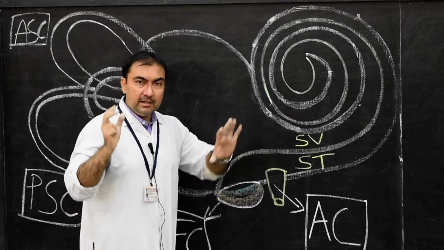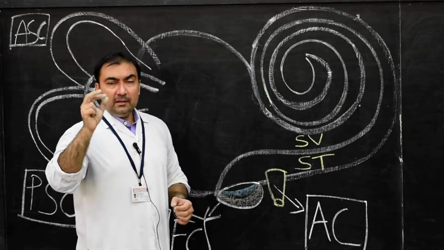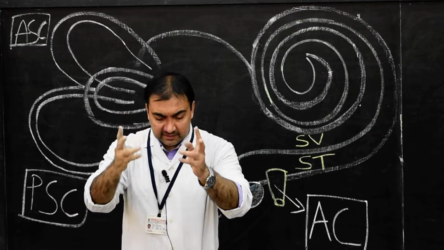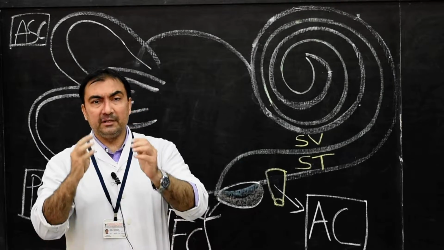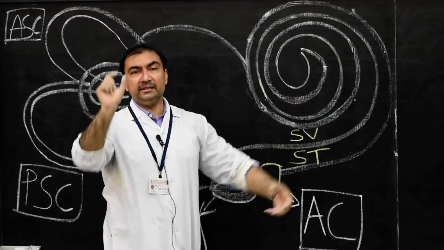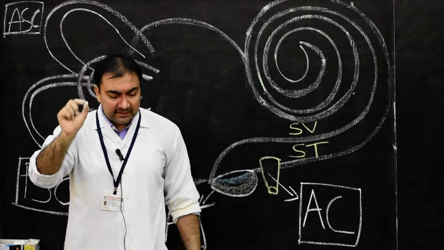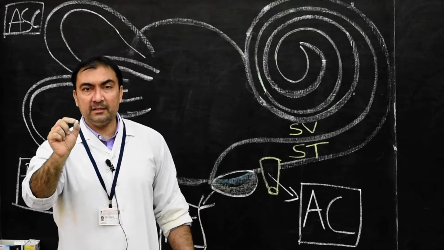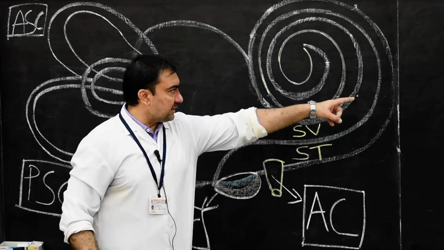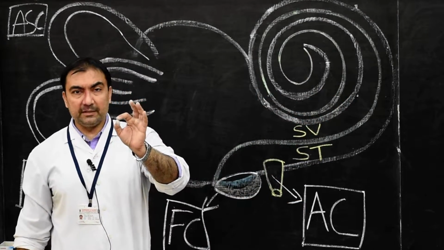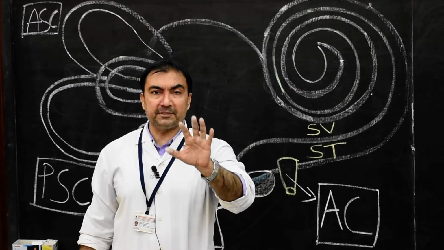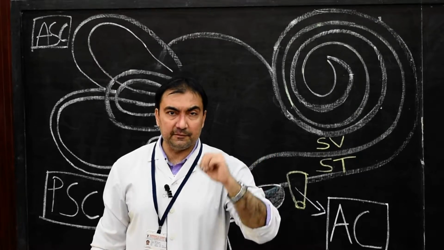Here we finish cochlea. Now the second segment, vestibule. Cochlea is over. In the bony labyrinth of the internal ear, the second segment is the vestibule. In the vestibule, if you recollect the previous diagram which we had drawn, fenestra vestibuli. Note down, the fenestra vestibuli is an oval opening present in the lateral wall of the vestibule. In the previous diagram we have marked fenestra vestibuli, present in the lateral wall of vestibule. Simple. And it is closed by the foot plate of stapes. That is also a 1 mark question and asked in viva.